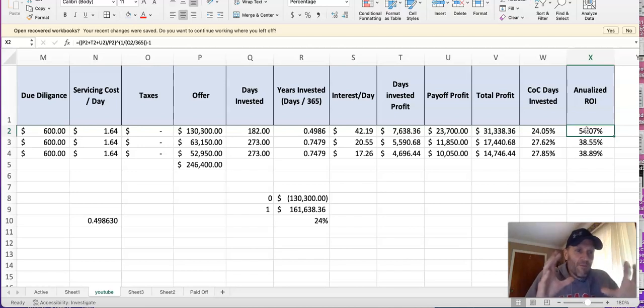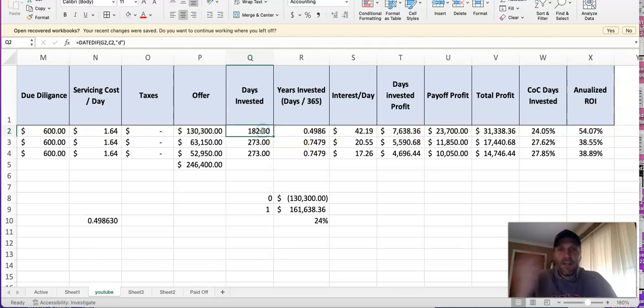You have to be careful with the cash on cash. When people talk about cash on cash, it's not factoring in time. And the cool thing about it is, if this thing, instead of 182 days, say we bought this, and instead of 182 days, they paid it off in 100. Watch what it does to my